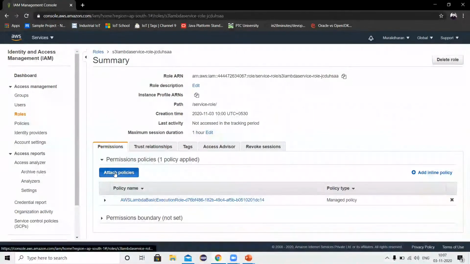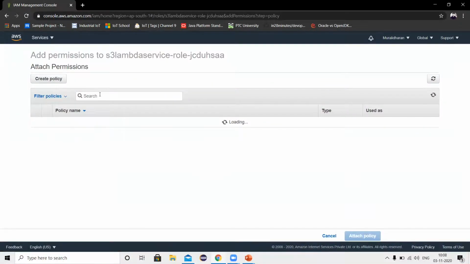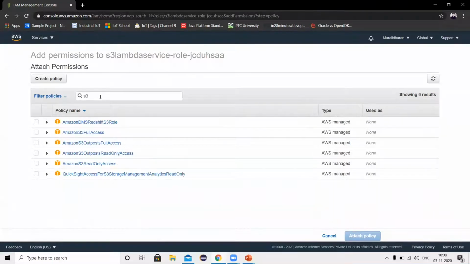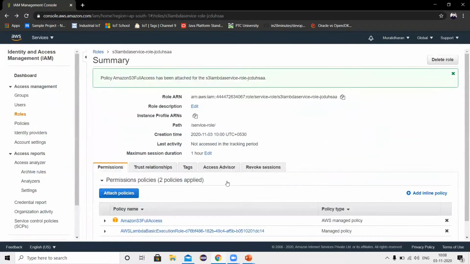Here I'm going to provide an access policy. Once this policy page is loaded, search S3. If you see here, Amazon S3 full access. Based on our permission requirement, we can provide access like full access or read access, all kinds of access we can provide.